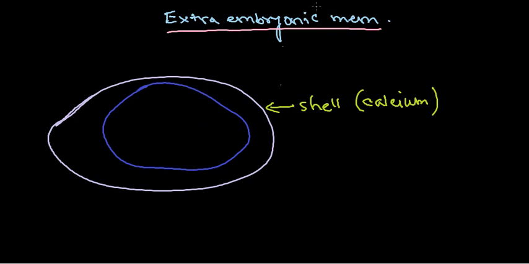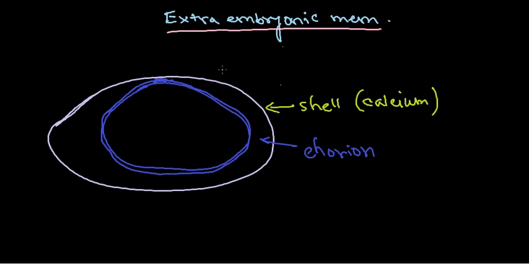This layer is called the chorion, and there is a special property of this layer. It is a little bit thinner like this, and this chorion is very important, guys, because it attaches this whole system of the embryo to the inner shell membrane, because the shell has two membranes. One membrane is on the outermost side, and one is on the innermost side. This chorion is attached to the inner shell membrane, and that is important. Why? We'll be talking about it later.